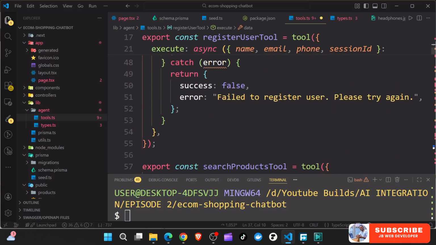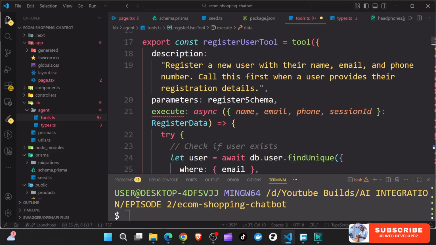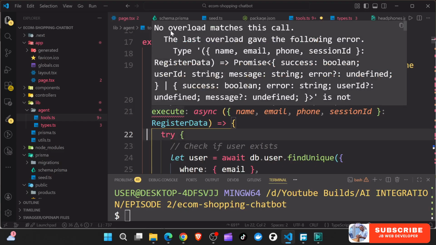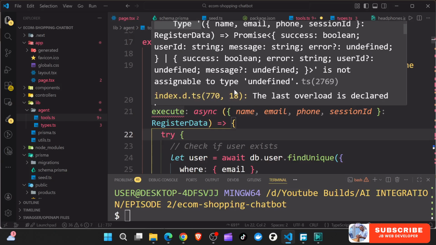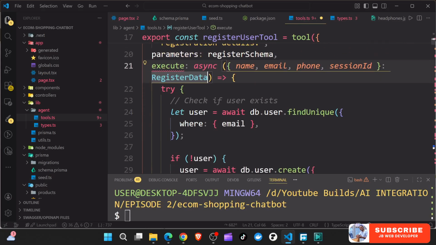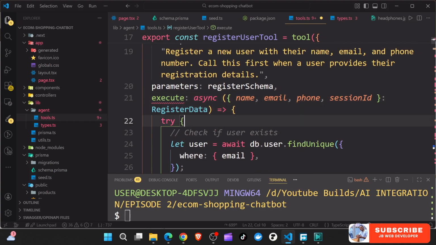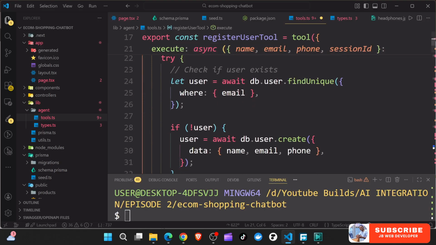Okay, so just finish one to see what it is doing. The execute is saying no overload matches this call. The last overload gave the following error: type promise is not assignable to type undefined. I don't know if this is on the response,